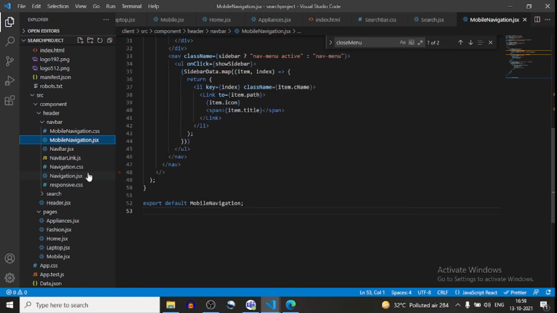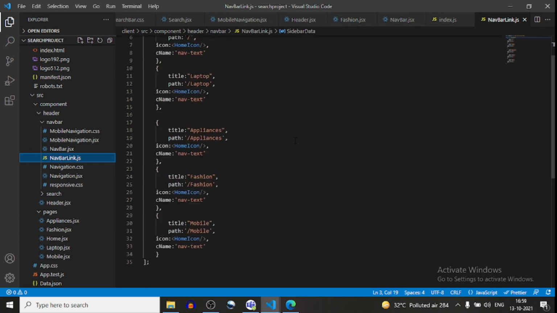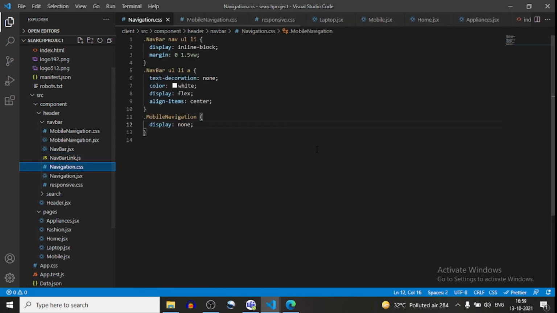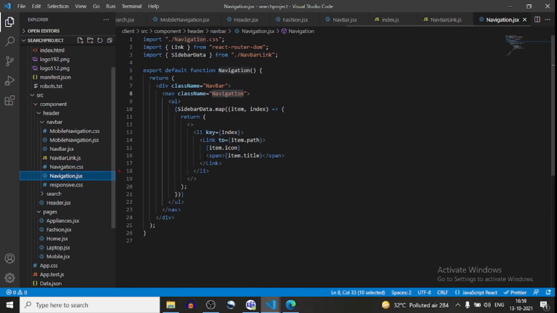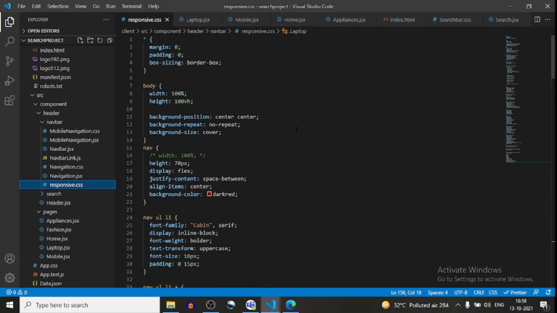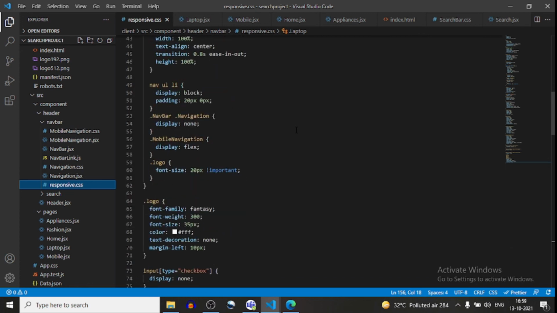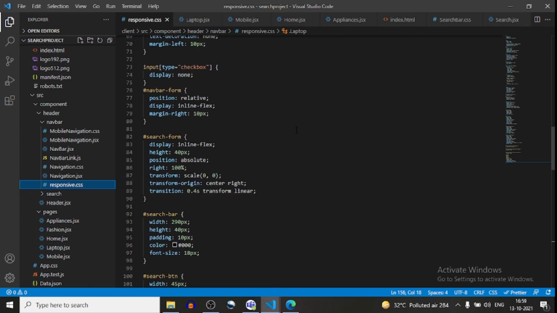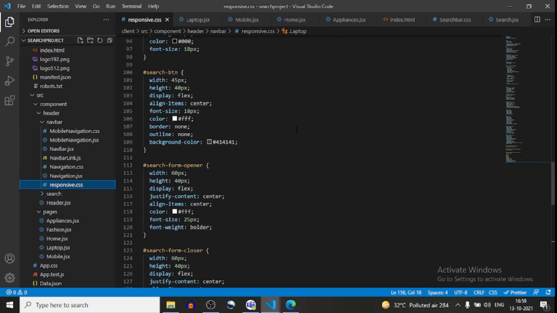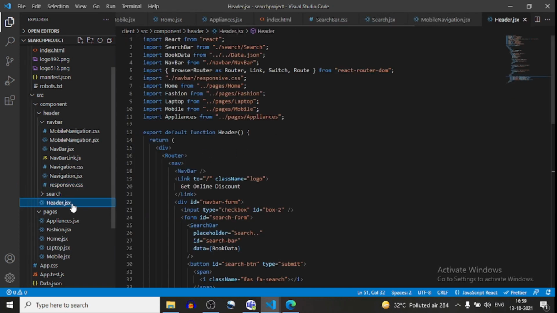This is navbar.jsx, and this is navlink.jsx, this is navigation.css, this is navigation.jsx, this is responsive.css. I'll show you. Okay, and this is header.jsx.